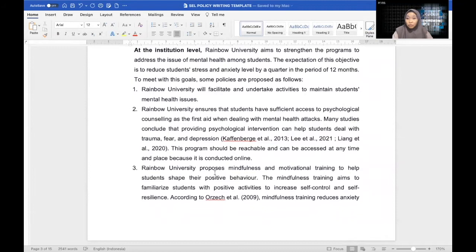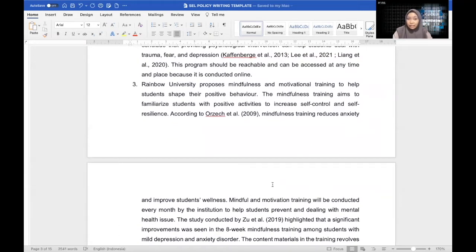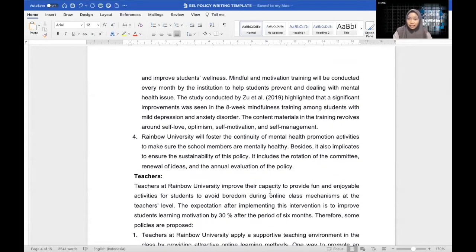The first is Rainbow University will facilitate and undertake activities to maintain students' mental health. The second is Rainbow University ensures that students have sufficient access to psychological counseling as first aid when dealing with a mental health attack. The third statement is Rainbow University promotes mindfulness and motivational training to help students shape their positive behavior. And the last statement is Rainbow University will foster the continuity of mental health promotion to make sure that school